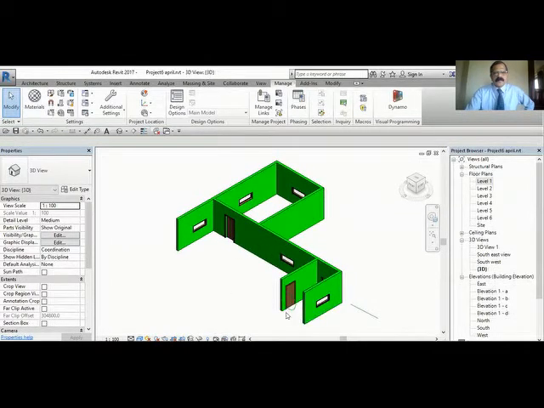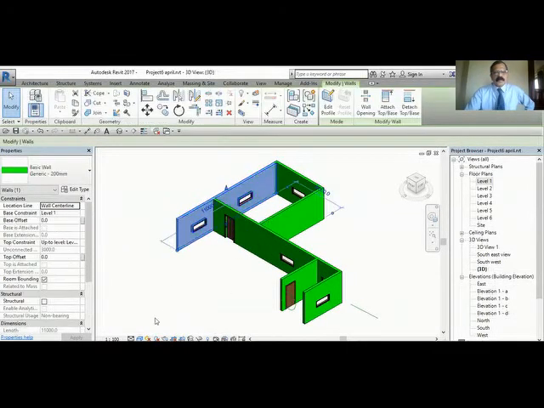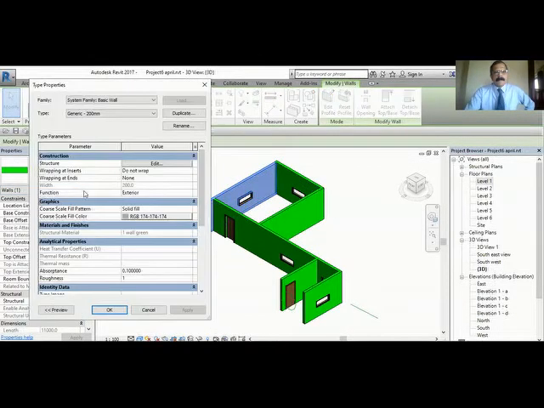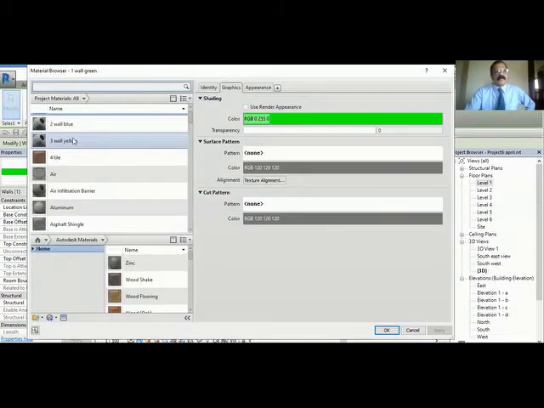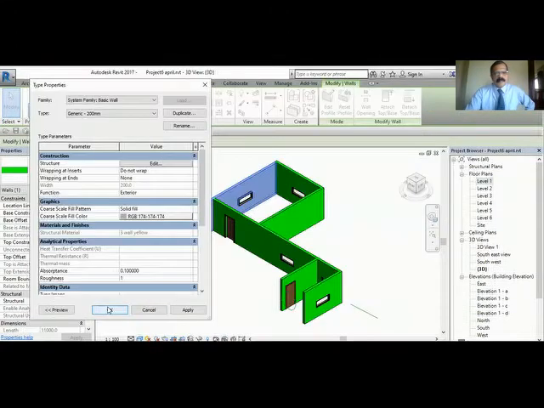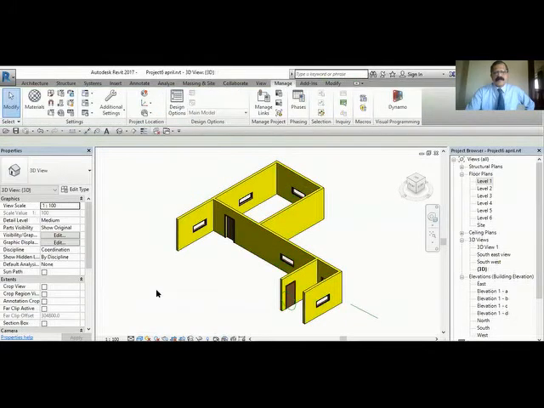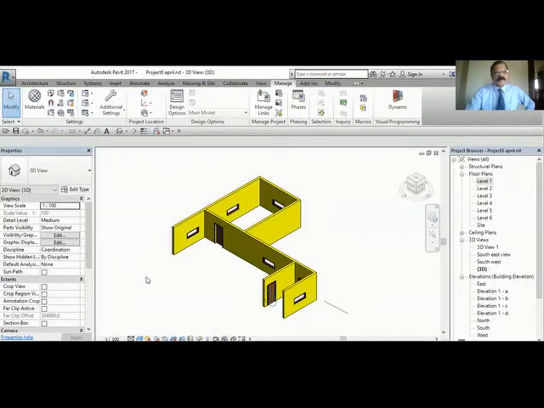Suppose you want to change it to another color, you have to select one wall, edit type, edit. From here, I can change it to yellow. You can see yellow. So you can change.